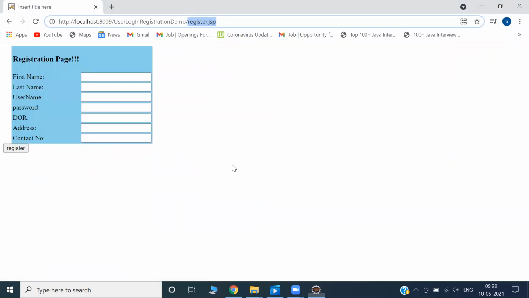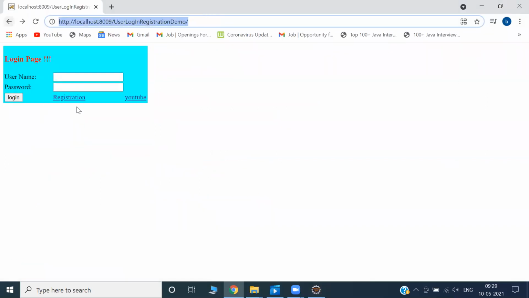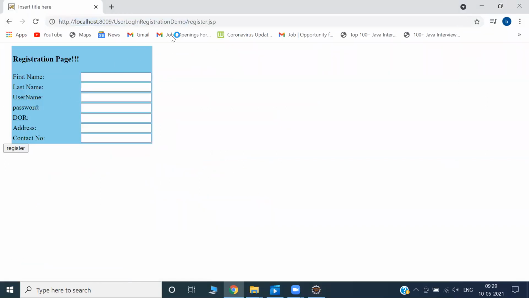The moment I click registration, it will take me to a JSP. But inside JSP, can you find one action is there? Is it possible inside JSP we can have action? Yes. Inside HTML we can have action, we already seen many times. But inside JSP also action possible? Yes. Why not? Possible.